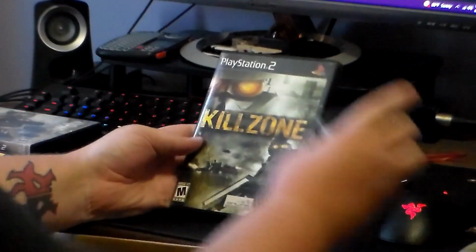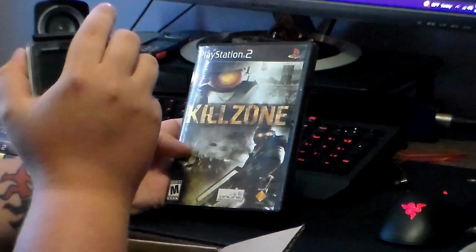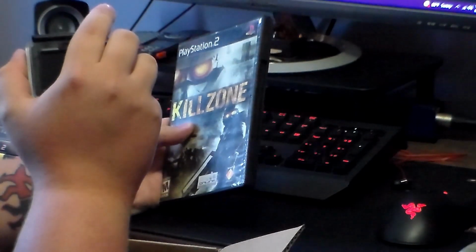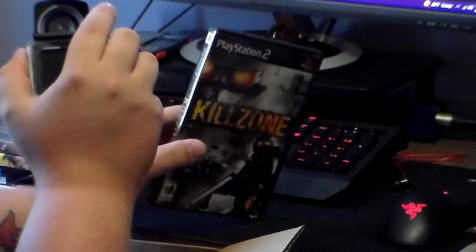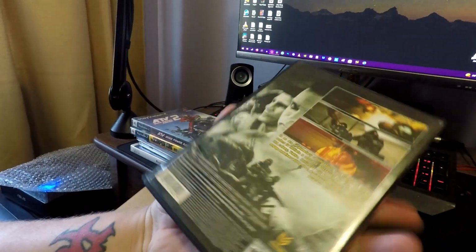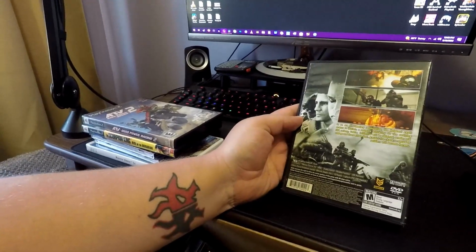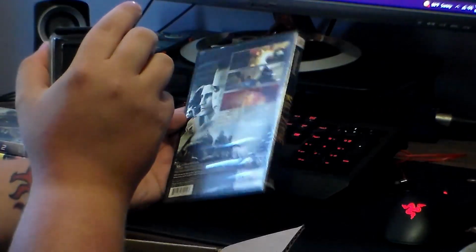Okay. So I picked up Killzone 1. I have Killzone 2 and 3, Shadowfall. I have pretty much all the Killzones, minus Killzone 1 on PS2. And I had this as a kid, and I have Killzone 1 actually on the PS3 for the trilogy set. But I still wanted to have a physical copy of Killzone. It's one of my all-time favorite gaming franchises. As for this one, I'm going to give...